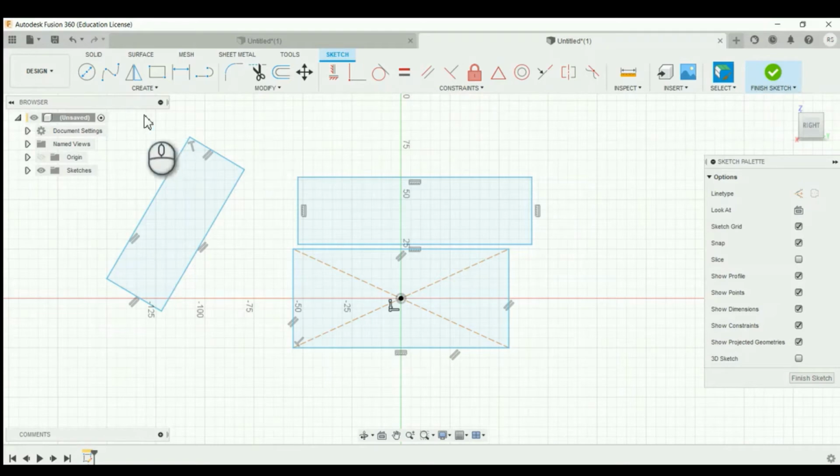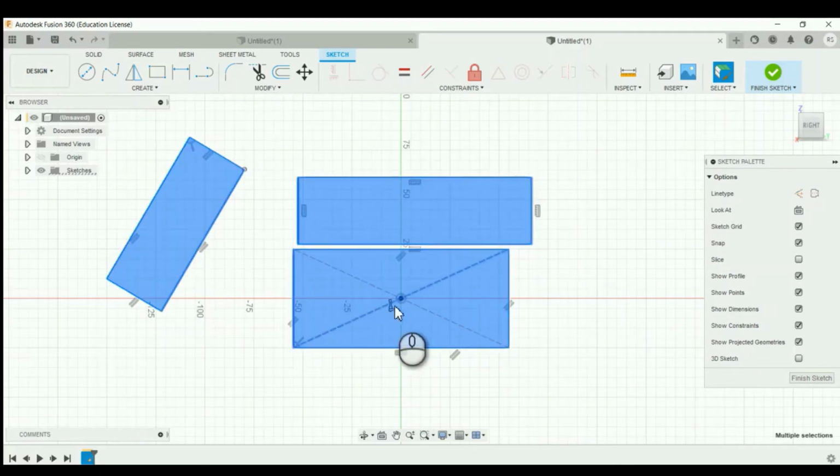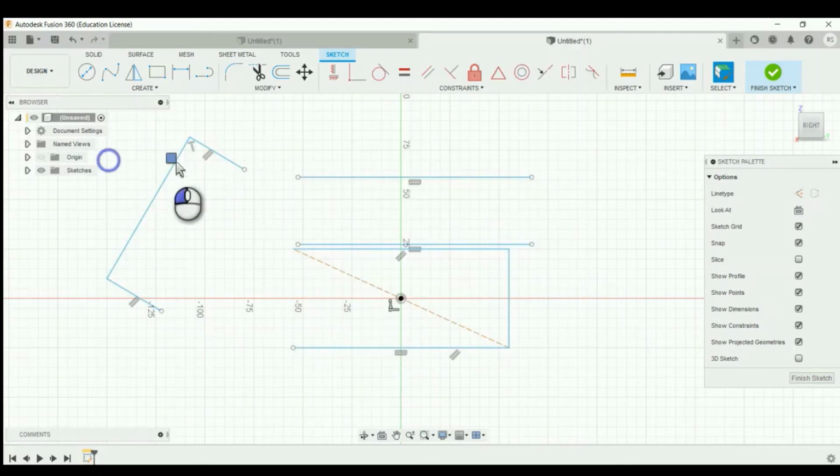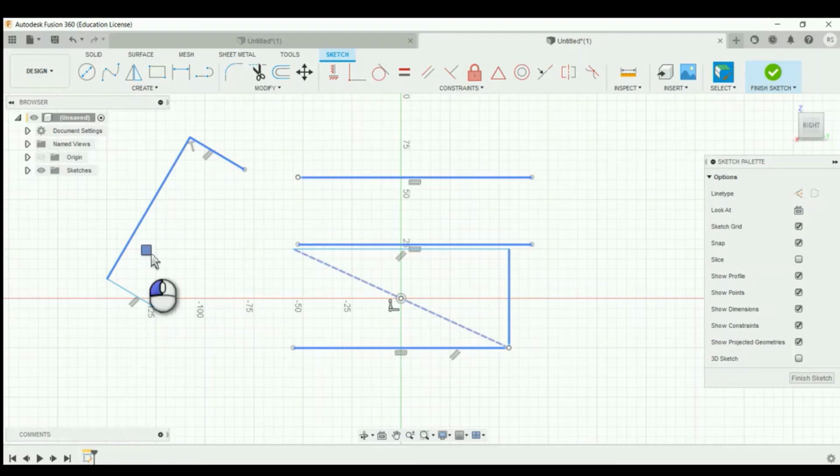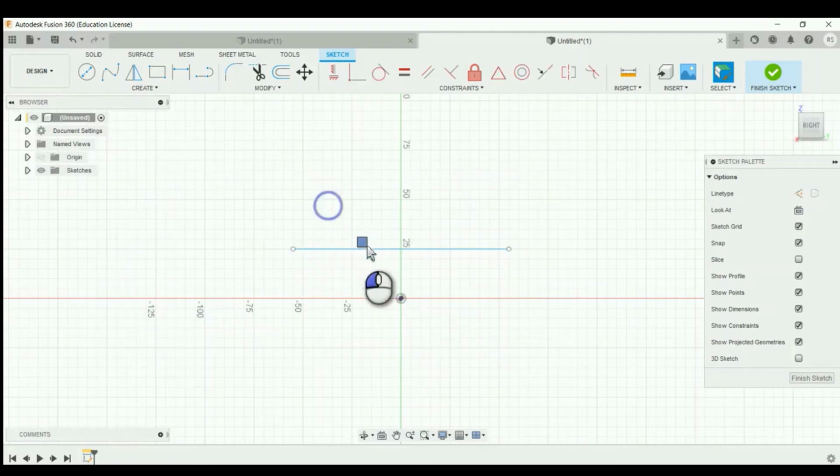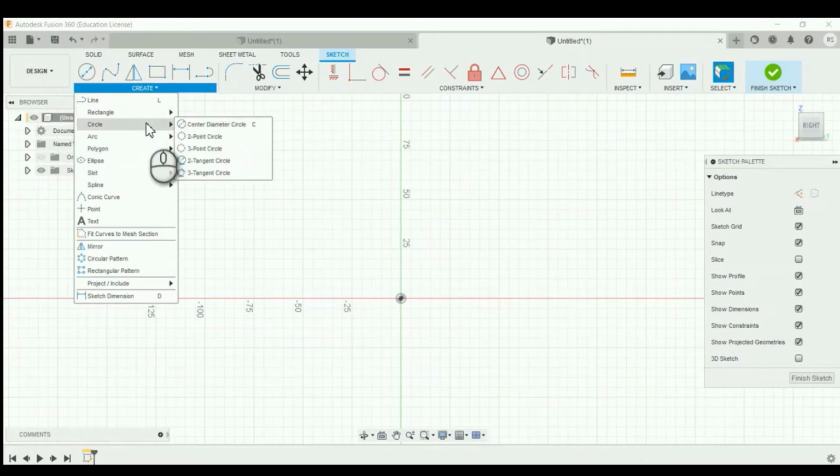After that, we will see the 2D sketching tools one by one. First, we delete that. After that, we can create. We have already discussed the circle, and for creating an arc, three options are available.